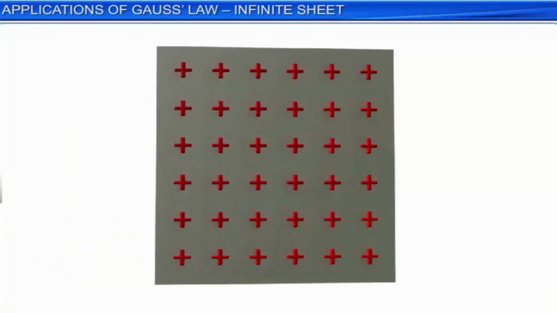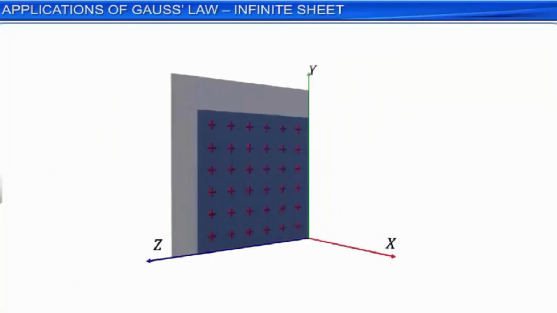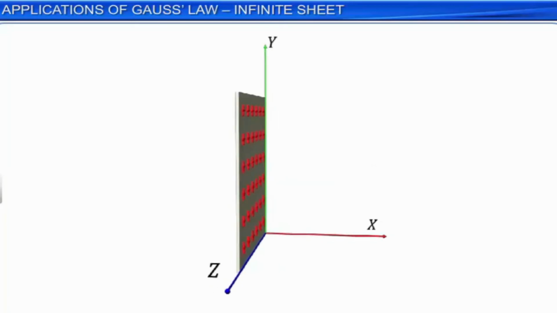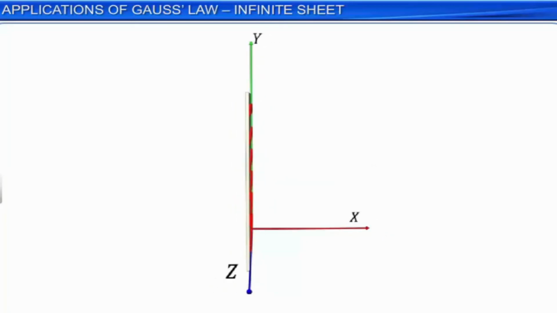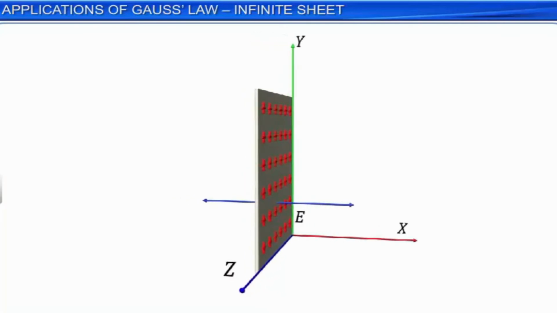Let the sheet be aligned parallel to the YZ plane, such that the normal to this plane sheet of charge is along the x-axis. The electric field due to the positive charge will be directed away from the positive charge. In order to calculate the electric field strength at a point P near the sheet of charge, let us now